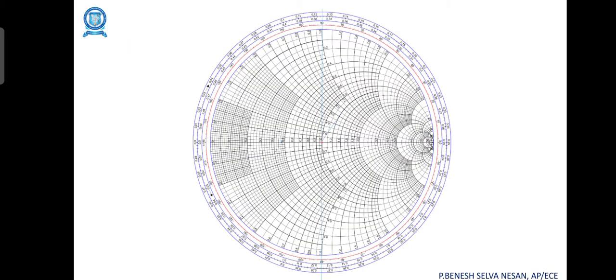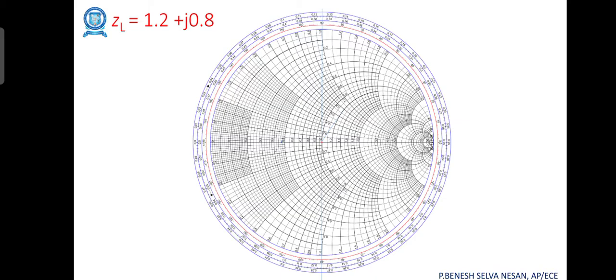Now take the Smith chart. The Smith chart has two kinds of circles. One is the full circle, called the R circles, and the other is the semicircles, called the reactance circles. The points above the horizontal line are for positive reactance, that is inductive load, and the points below the horizontal line are capacitive loads. First we have to point out ZL equal to 1.2 plus J0.8.